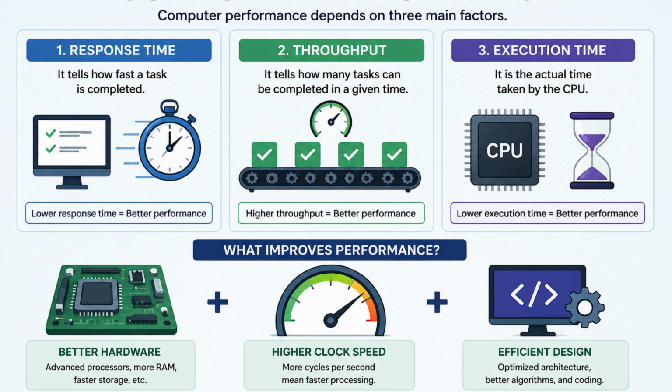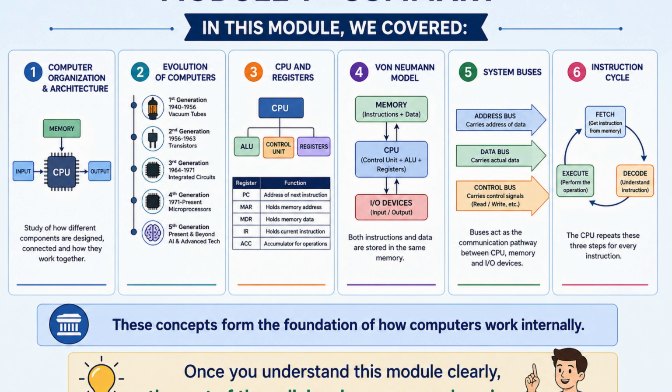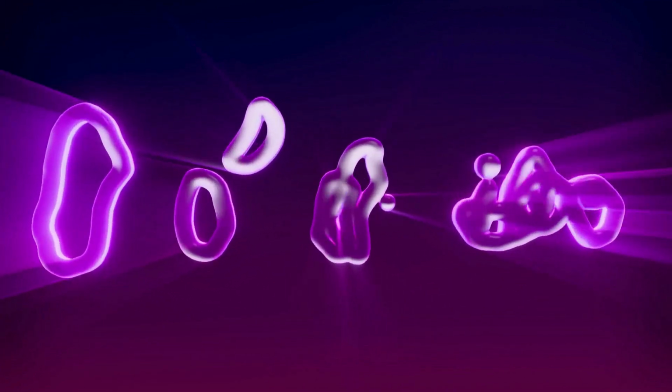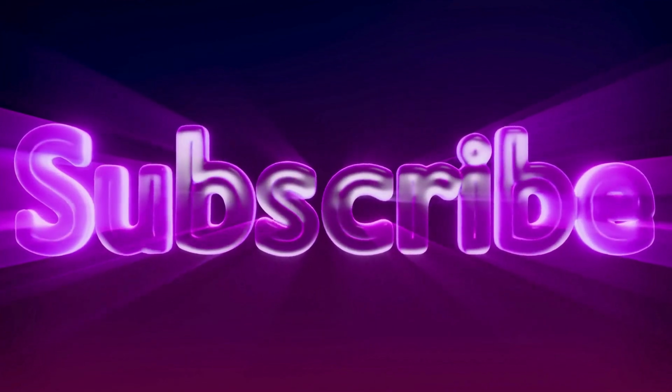Finally, let's understand performance. Computer performance depends on three main factors. Response time, which tells how fast a task is completed. Throughput, which tells how many tasks can be completed in a given time. And